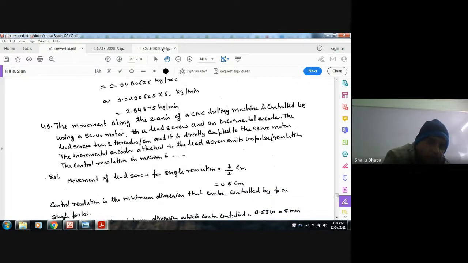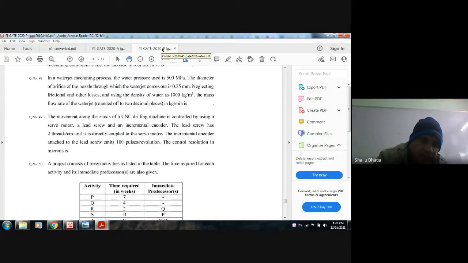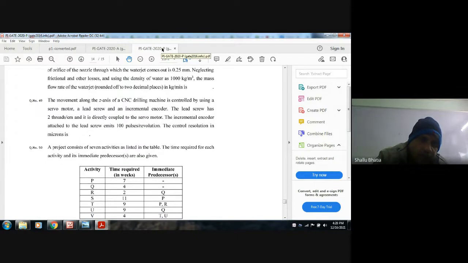Next, question number 49. The movement along the z-axis of a CNC drilling machine is controlled by using a servo motor, a lead screw and an incremental encoder. The lead screw has two threads per centimeter. It is directly coupled to a servo motor. The incremental encoder attached to the lead screw emits 100 pulses per revolution. The control resolution in micron is